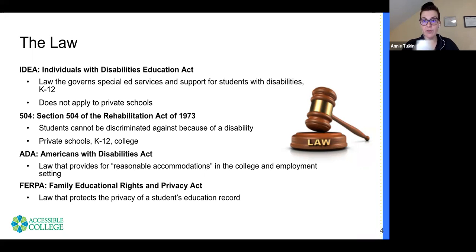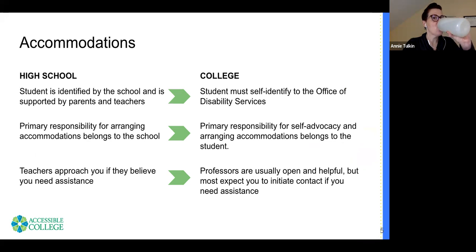And that kicks in, FERPA kicks in once the student matriculates to college, which is a fancy way of saying once they sign that dotted line and they've committed to their college. Excuse me, I wanted to take a second here to look at the differences between accommodations in the high school